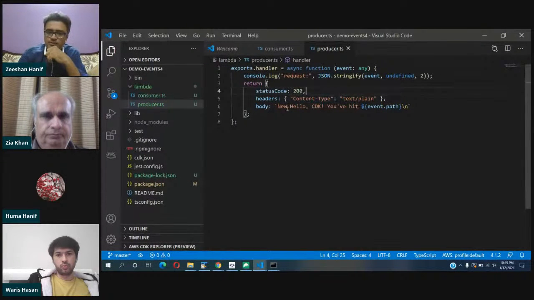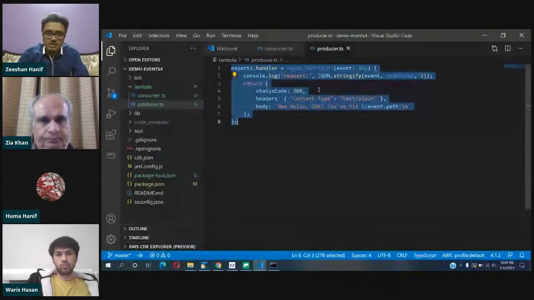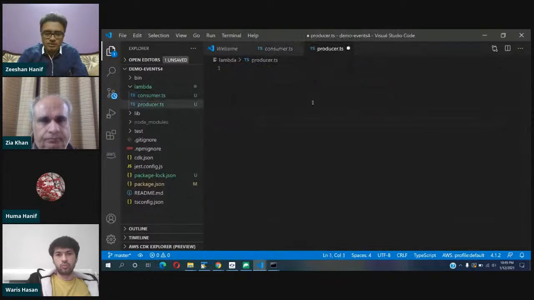This function will be called, and it will just print something and nothing else. So we'll just be consuming this event. I just did it mistakenly in the producer. It should be inside the consumer. For the producer, what we need to do is